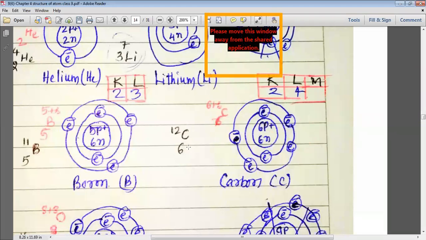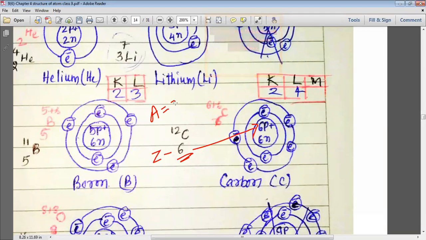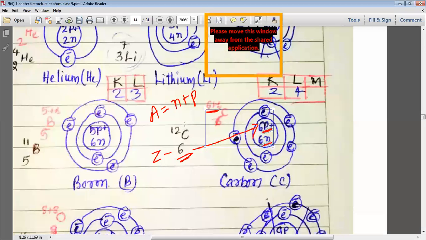Now we want to study the atomic number and atomic mass number. The atomic number is Z, which is determined by the number of protons. You can see that here the number of protons is equal to 6. So for the subscript we write 6. Now we want to study the superscript, which is the atomic mass number. Atomic mass number A is equal to the number of neutrons plus the number of protons. Here you can see that the number of neutrons is 6, and the number of protons is also 6. So we have written 6 plus 6. We know that 6 plus 6 gives us 12, and that is why, my dear students, we write carbon as